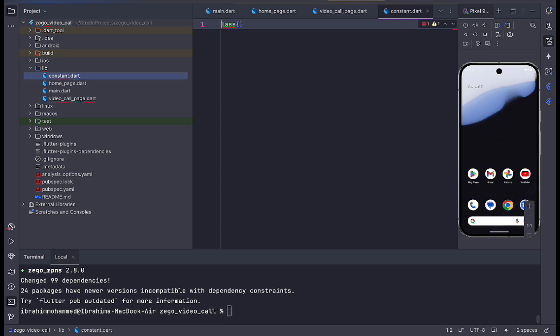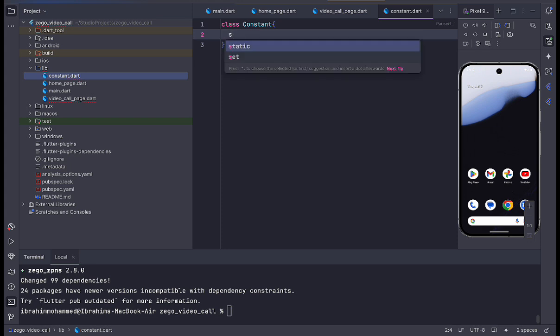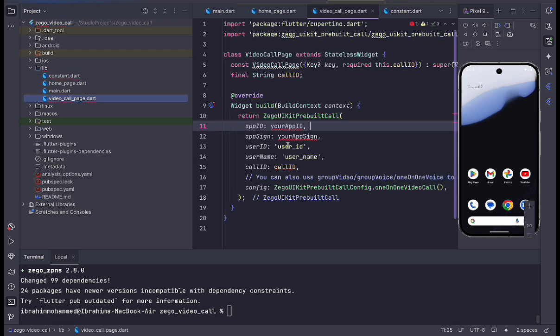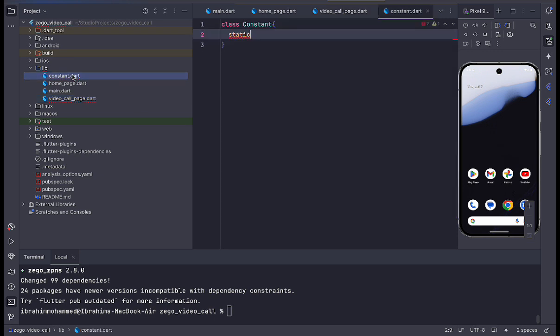The class is supposed to be a small letter, and then I name it constant. So here we are going to be putting all our credentials here, like the app ID and the